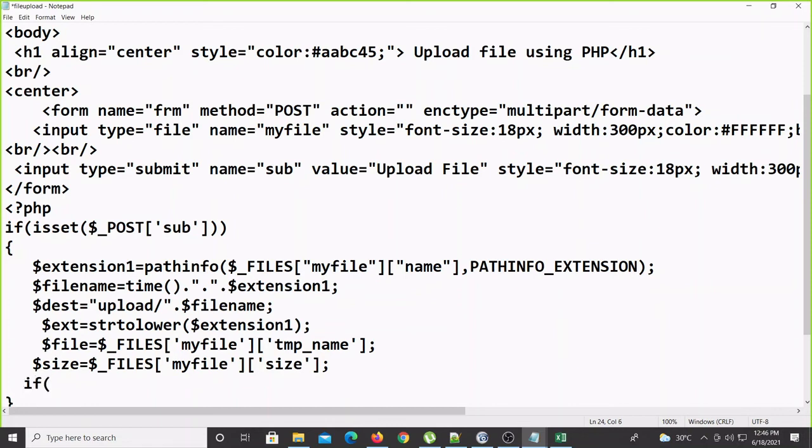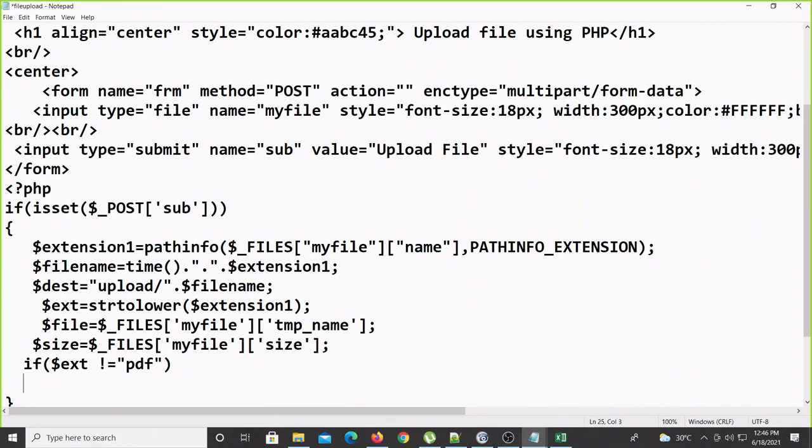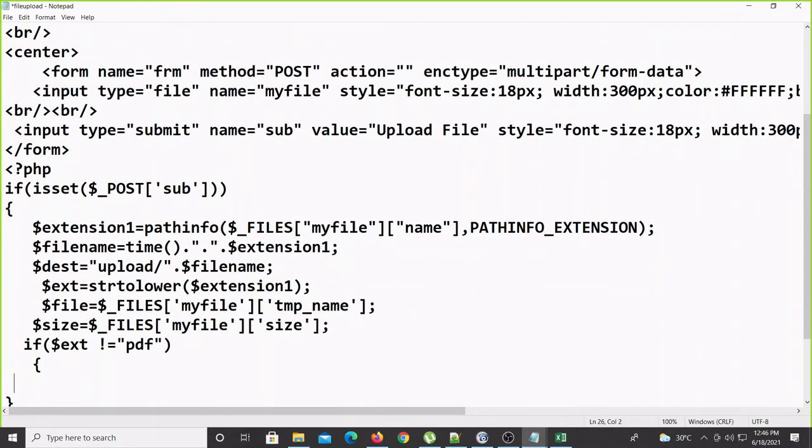If $ext not equal to double quote pdf. If this is not PDF, then inside this bracket you can write echo.